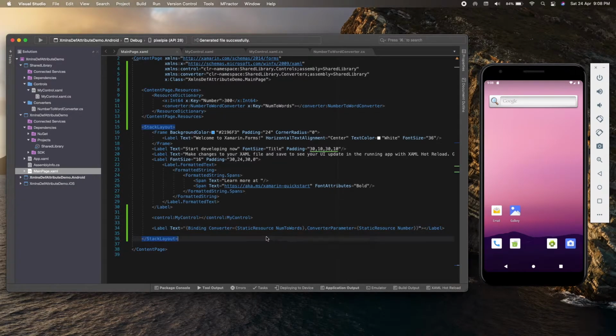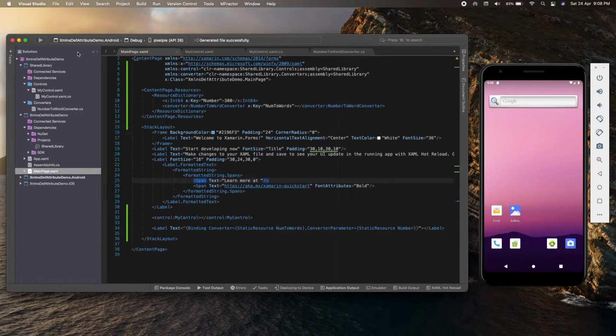Over here we are using our number to word converter, which we have specified in our resource dictionary, to convert this number 300 to a word format, and we are assigning that content to the text property of a label so that we can view that content on the screen.